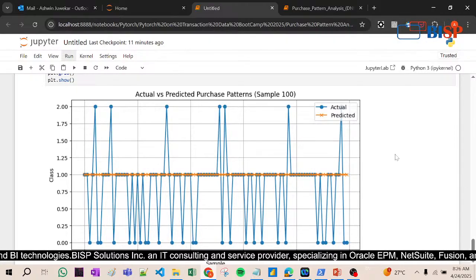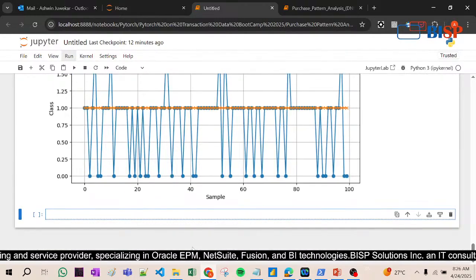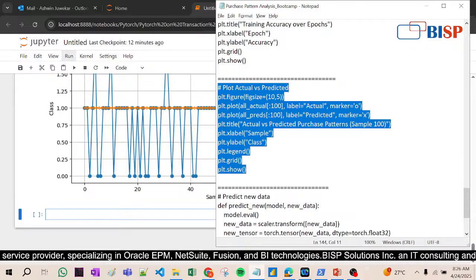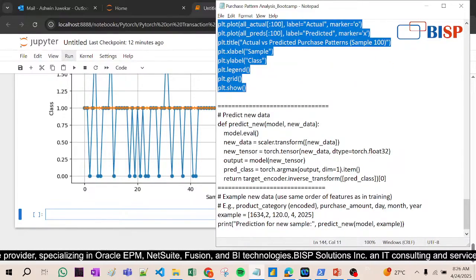If you see here, whatever the actual value and whatever the predicted, it is predicting 1, but it is not taking the value 2 or 0 or less than 1. So in this way it is calculating, and that is why it is called 58% accurate.